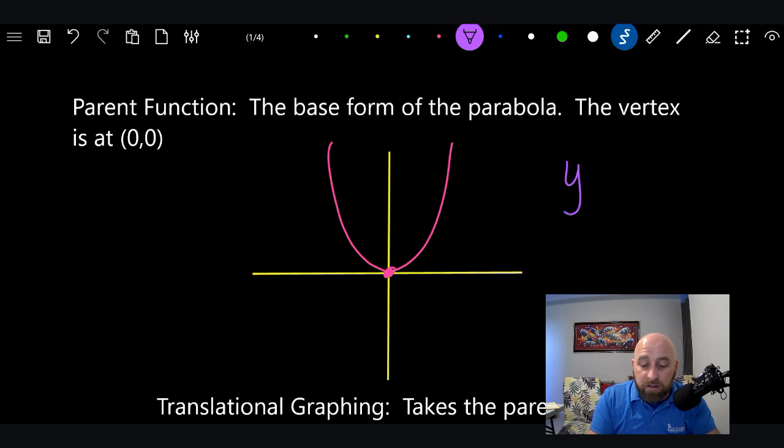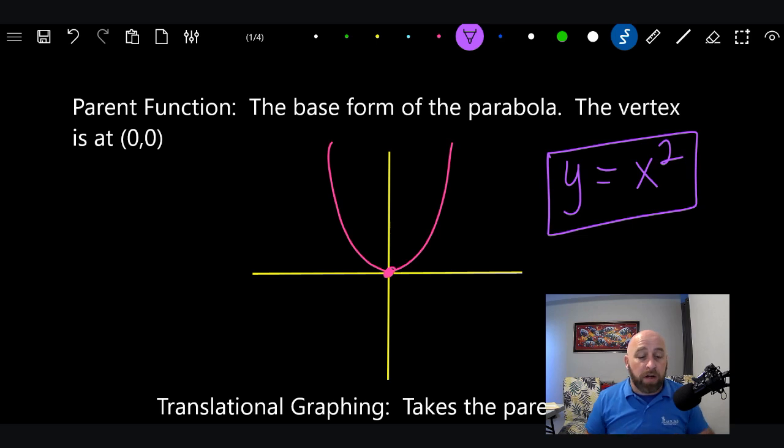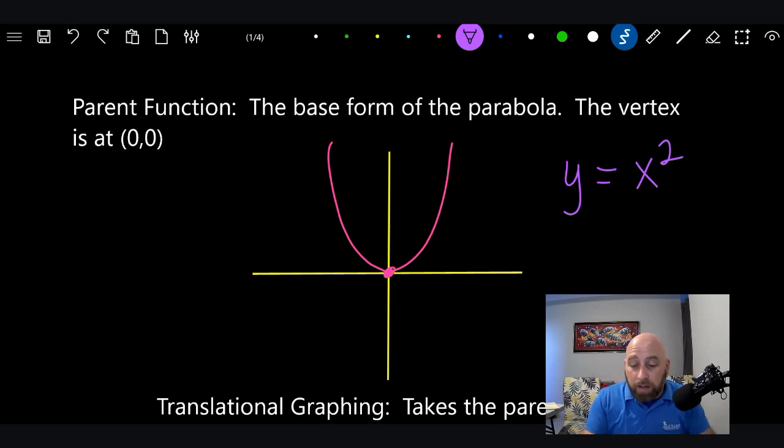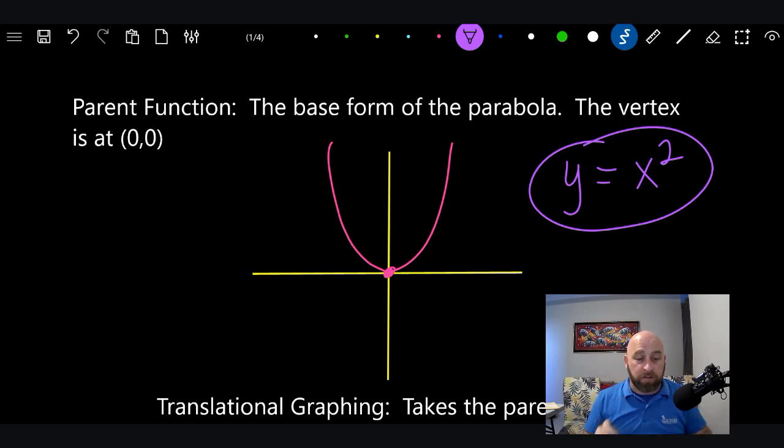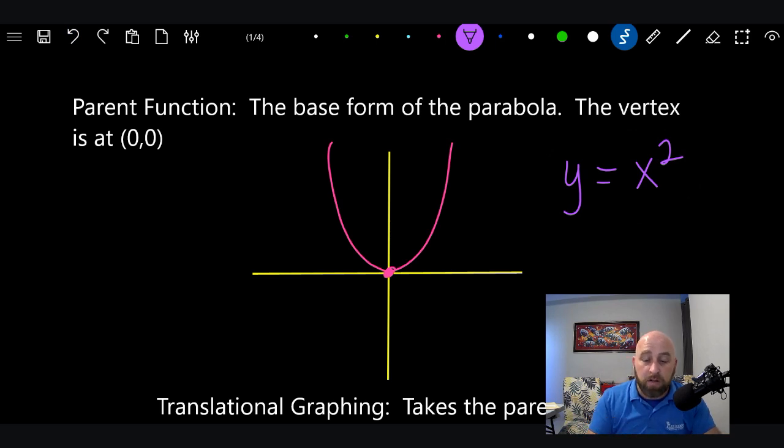The equation looks like y equals x squared. That's it. This is like the base of the quadratic equation. It doesn't have any plus 3x. No. Because when you add that, now we're starting to move things around. This is the pure form. This is the base form. They call it the parent function. Okay, so this is where it all starts right here. Y equals x squared. When you graph it, this is what it looks like